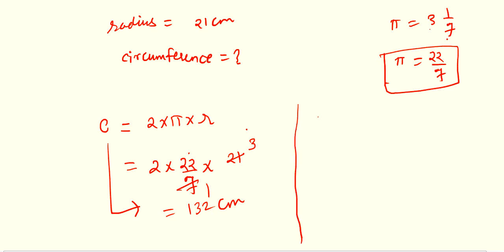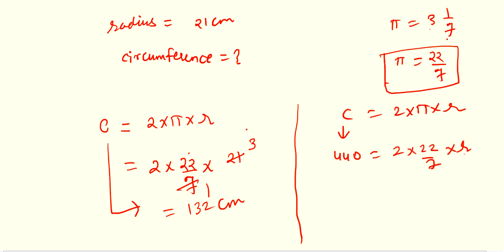Then question number 13. Circumference of circle is 440 centimeter. So simply the same formula you will use. Circumference equals 2 into pi into r. Circumference is given to you. 440 equals 2 into 22 by 7 into r. Radius you have to find in this question. So transpose these two values to the left hand side. Solve, you will get the radius. So like this you have to solve question number 13.